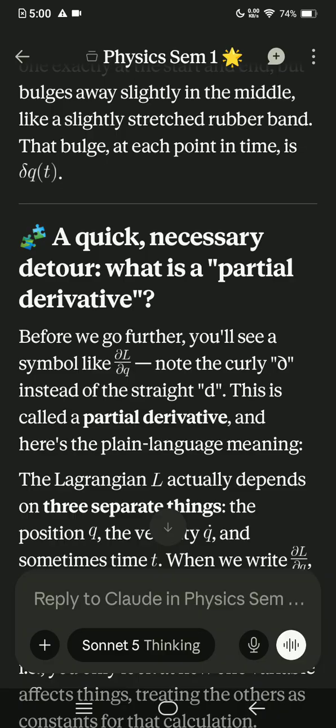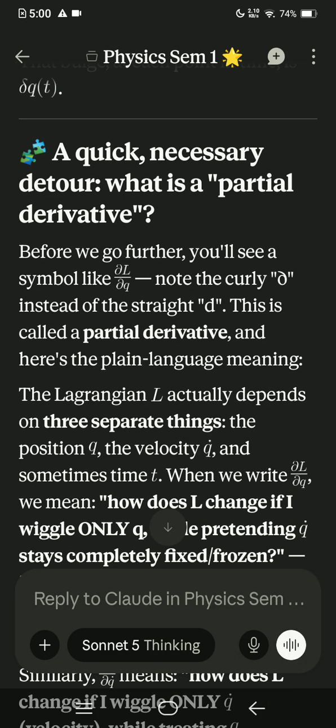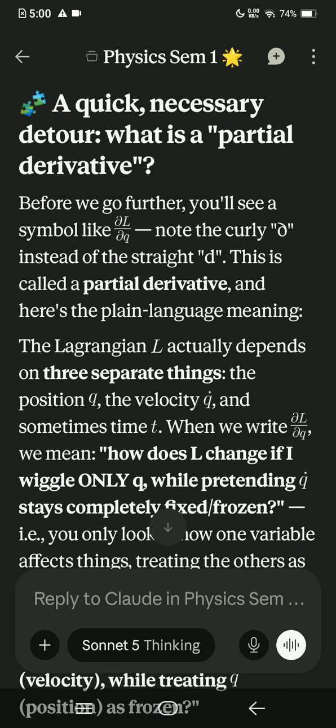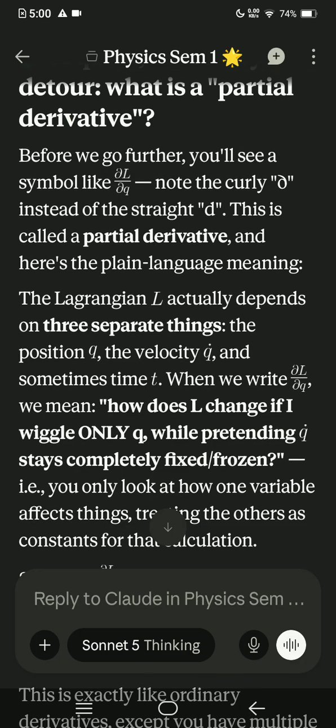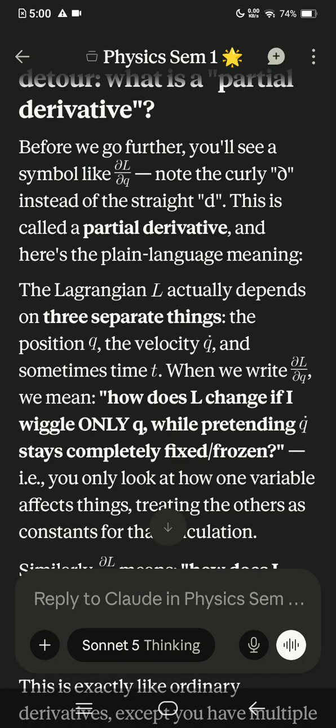A quick necessary detour. What is a partial derivative? Before we go further, you'll see a symbol like curly delta L upon curly delta q, with a curly d instead of a straight d, which is called a partial derivative. And here's the plain language meaning: the Lagrangian L actually depends on three separate things: the position q, the velocity q dot, and sometimes t. When we write curly delta L upon curly delta q,